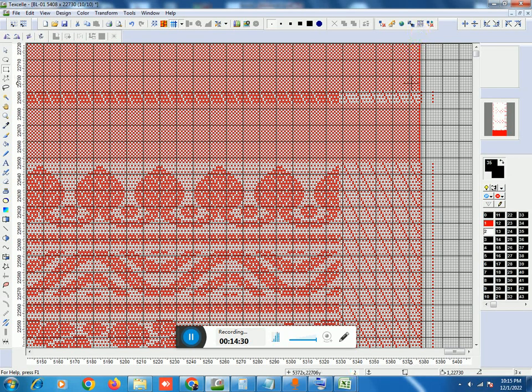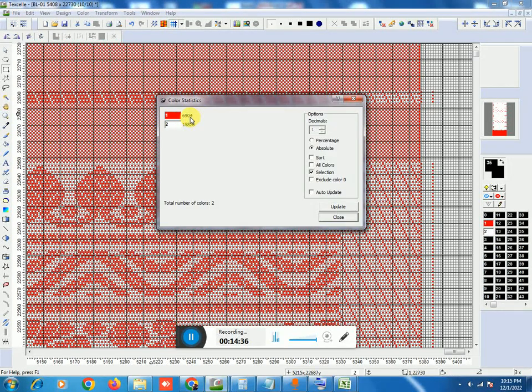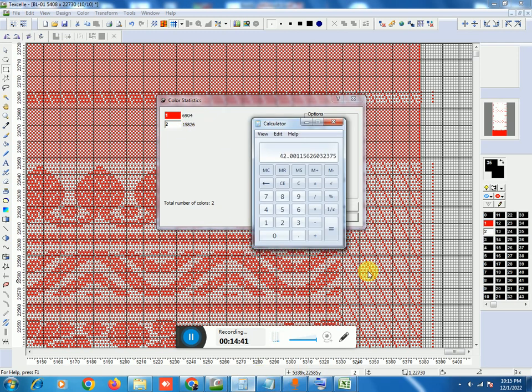This is the second feeder selected now, and check the picks. This is 6,904 picks. You just take a calculator and 6,904 divided by